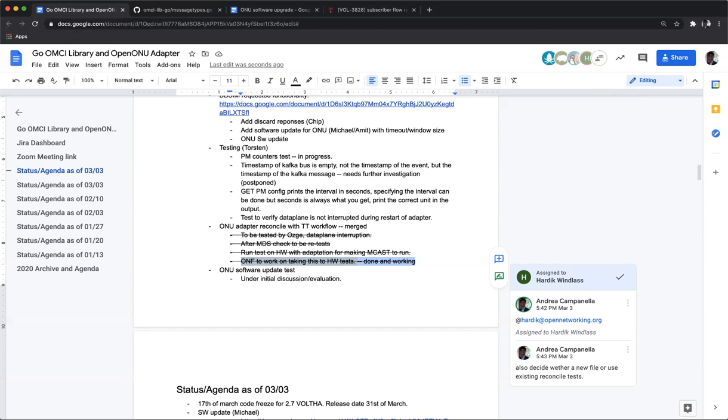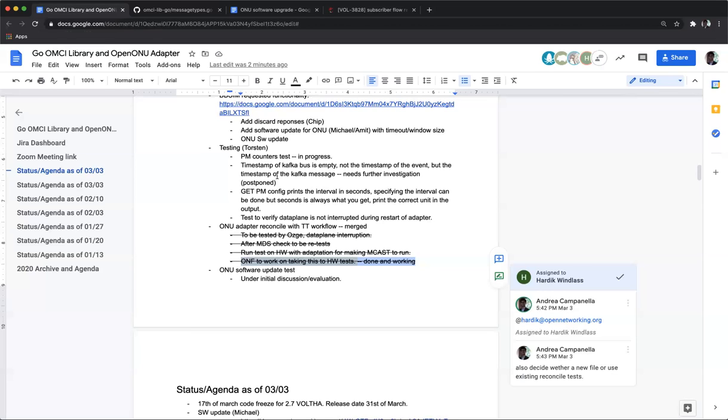Okay. Torsten, you want to give us an update on the other tests that you were working on and a few other things in that realm? Yes, I can do. For the PM counters, I have to say, unfortunately, there is only very small progress because of all the fixes and modifications for the pipelines. So I don't have time to go on, but I hope in the next days it will change, so that I have time to make more progress.